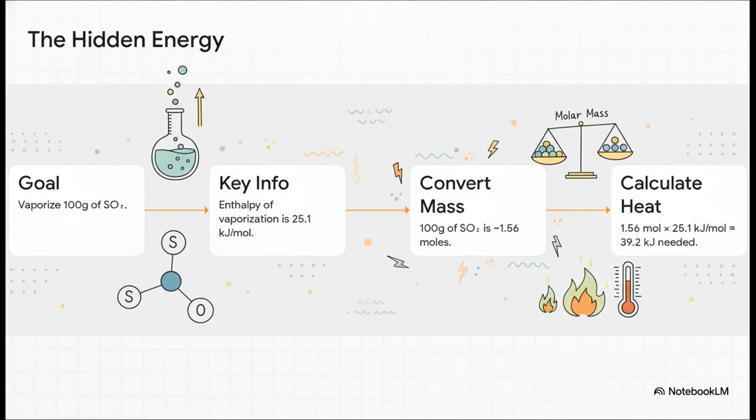And you guessed it, we can calculate this too. Let's say we need to boil 100 grams of sulfur dioxide. We look up its enthalpy of vaporization, which is 25.1 kilojoules per mole. Okay, first we need to convert our 100 grams into moles using its molar mass, which gives us about 1.56 moles. Then it's just simple multiplication. 1.56 moles times 25.1 kilojoules per mole, and that gives us our answer. It takes about 39.2 kilojoules of pure energy just to turn that liquid into a gas, without the temperature changing